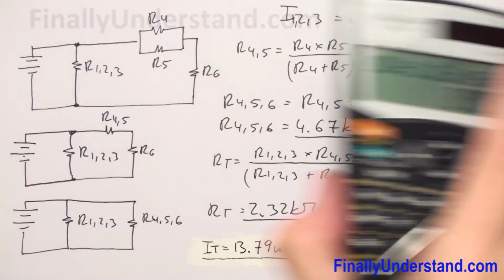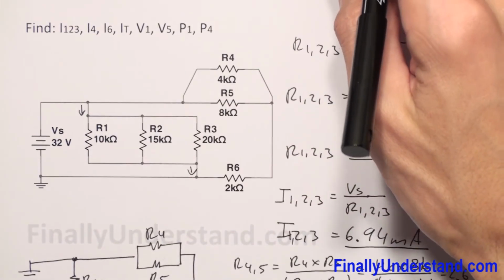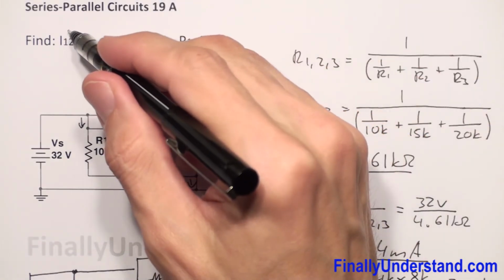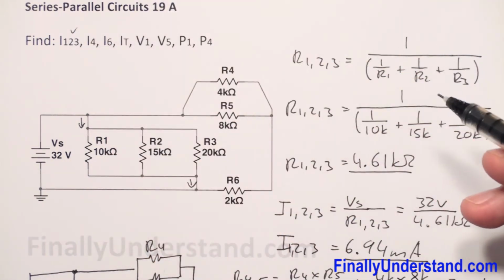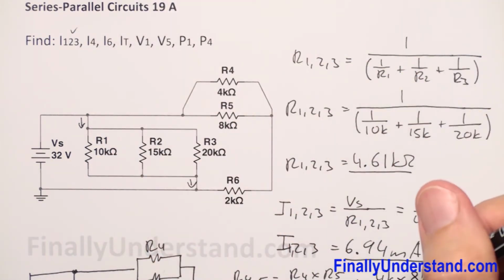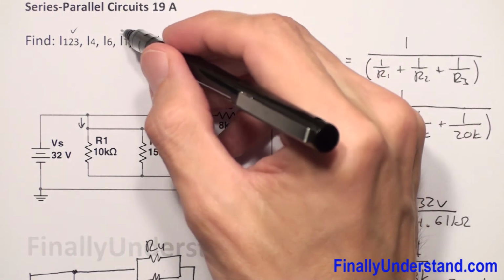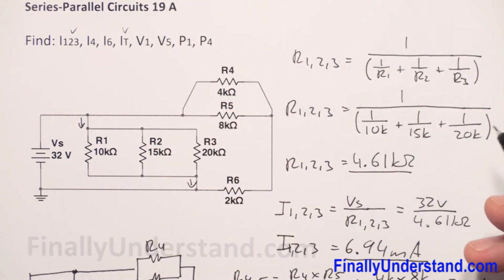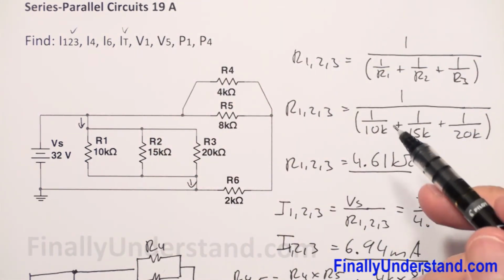Okay, so let's take a look at what we found so far. We found I1, 2, 3, and we found I total. Now we can find